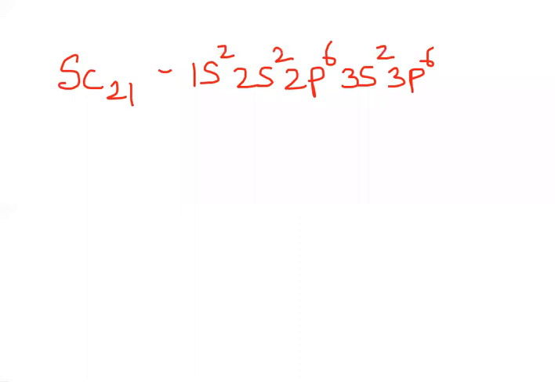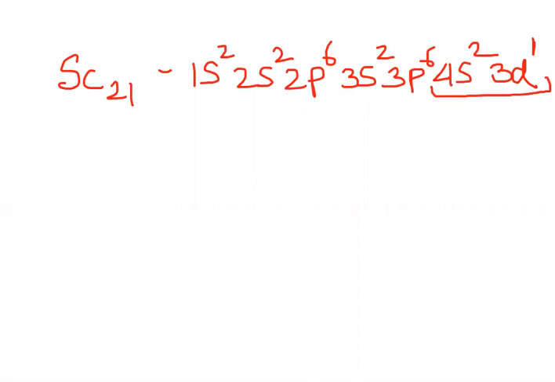In this case, the electronic configuration is 1s2, 2s2, 2p6, okay, 3s2, then 3p6, then you have 4s2, all right. See now, this is making it 20. Where does the 21st electron enter? It enters into the 3d subshell. So this is 3d. Now, both these shells are considered to be the valence shell.